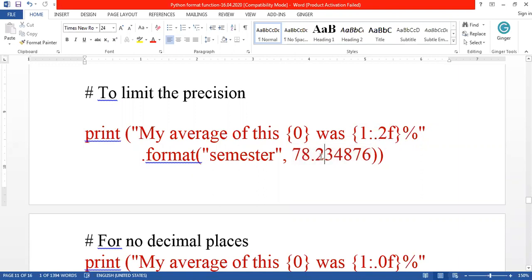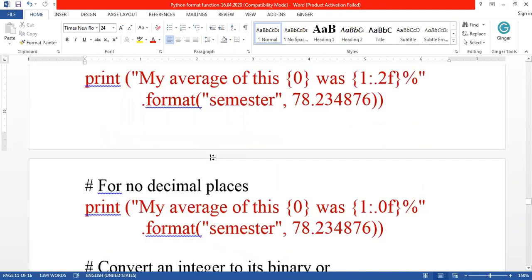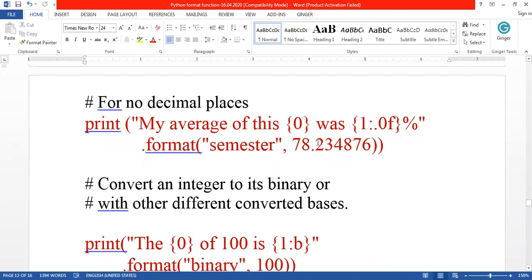Only 2 places. So what will be the output? My average of this semester was 78.23. So that will be the output. Okay. So next in this, here only .0f they have given, which means my average of this semester is 78. Okay, that will be coming.